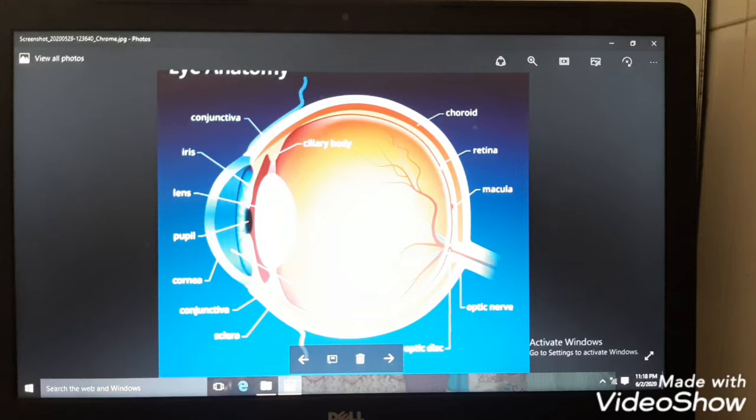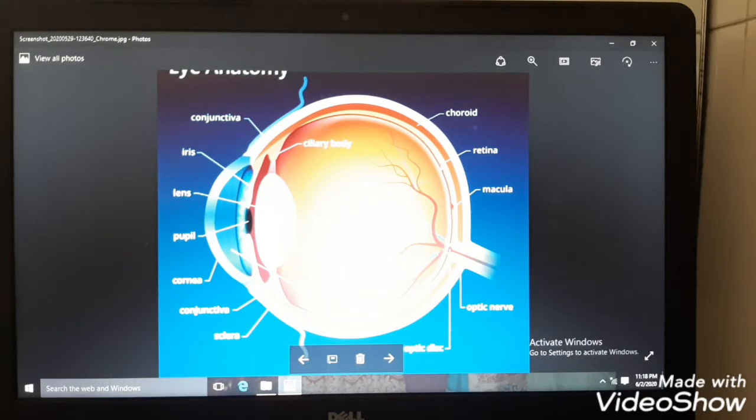Okay, that means it's a part of the retina only, which contains the rod and cone cells. Now what are rod and cone cells? Rod cells are the ones which are light sensitive, so they will tell you the light, the bright and the darkness. They'll enable you to see things in light and dark.